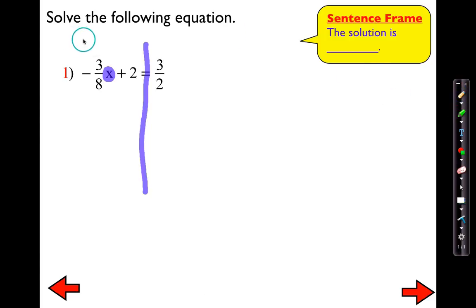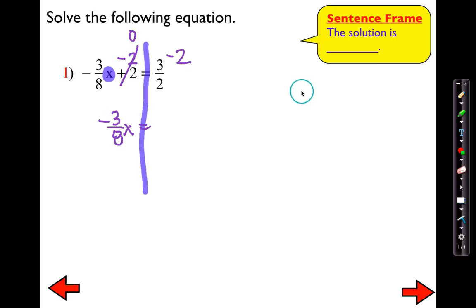Just like the previous slide, it did say it is the easiest to undo addition or subtraction first. And that would be right here, which is the plus 2. This is what we call our constant. So we're going to do the opposite of adding 2, which is to subtract 2 from both sides. These are additive inverses, so that does create a 0, so now that's gone. So left on this side is just a negative 3/8x equals, now here, I'm going to have to simplify that,